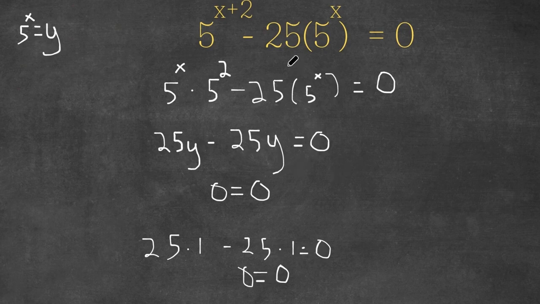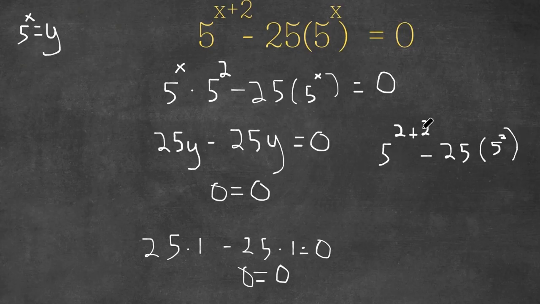And now why don't we try this in the actual equation itself? Let's plug in a random value. Let's say we have 2, right? We have 5 to the power of x equals 2, so 5 to the power of 2 plus 2 minus 25 times 5 to the power of 2. 5 to the power of 2 plus 2 is the same thing as 5 to the power of 4 minus 25